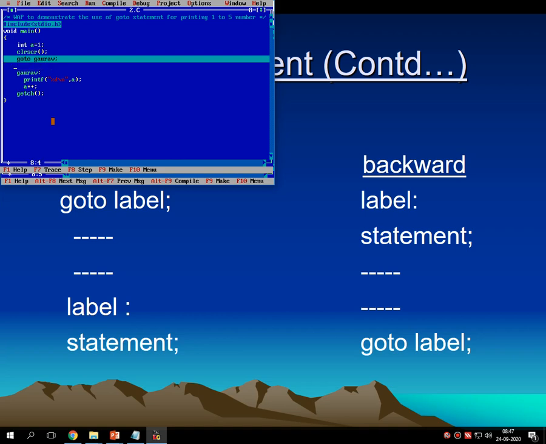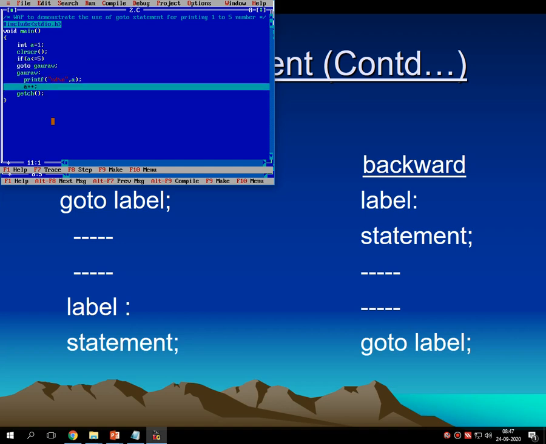Let me remove it from here, and if a is less than or equal to 5. This is the perfect one because I have to check first. The program terminates.